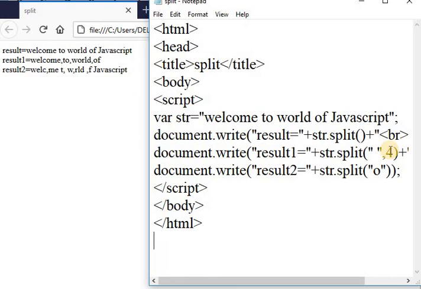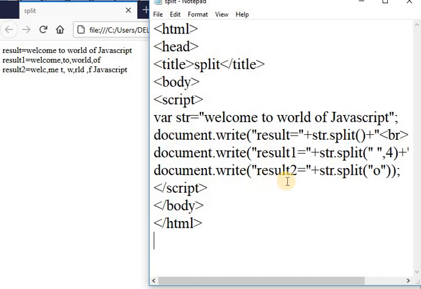Here I am taking 4 as a limit, and the separator is an empty string, so that it returns only 4 array elements: w, e, l, c.